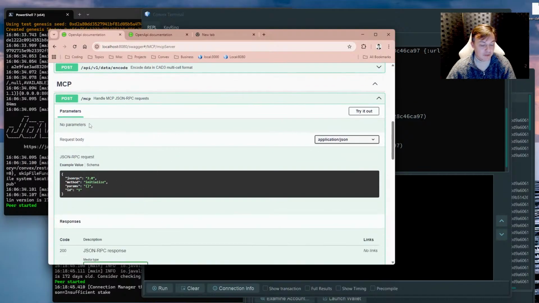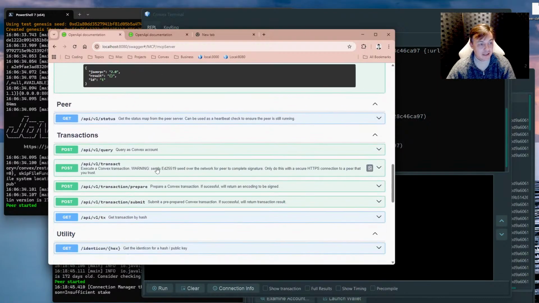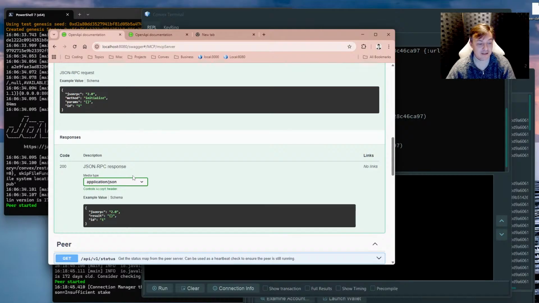server. So for those who don't know, MCP is Model Context Protocol. This is the sort of API protocol that AI agents use to talk to external systems. So any AI agent can now make use of Convex via this API, and yeah, it works. It's very powerful, and I think one of the most amazing things is because Convex has an on-chain compiler, which is pretty unique. You don't actually need to write and deploy any code. You can just execute code directly on the network through a transaction, and